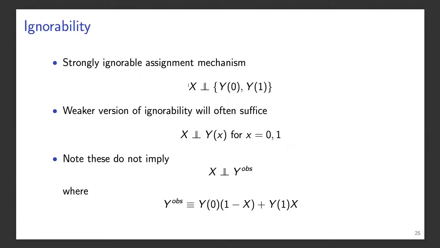So if you're thinking of a randomized experiment, at baseline, individuals have two potential outcomes. You flip a coin to decide whether or not they get treatment or not. That coin, whether or not it comes up heads, has nothing to do with the potential outcomes. It's important to note that this does not imply that X is independent of the observed Y. And in fact, if X has an effect on Y, then we wouldn't expect in general X to be independent of the observed Y. But if it is a randomized experiment, we would expect X to be independent of the potential outcomes.